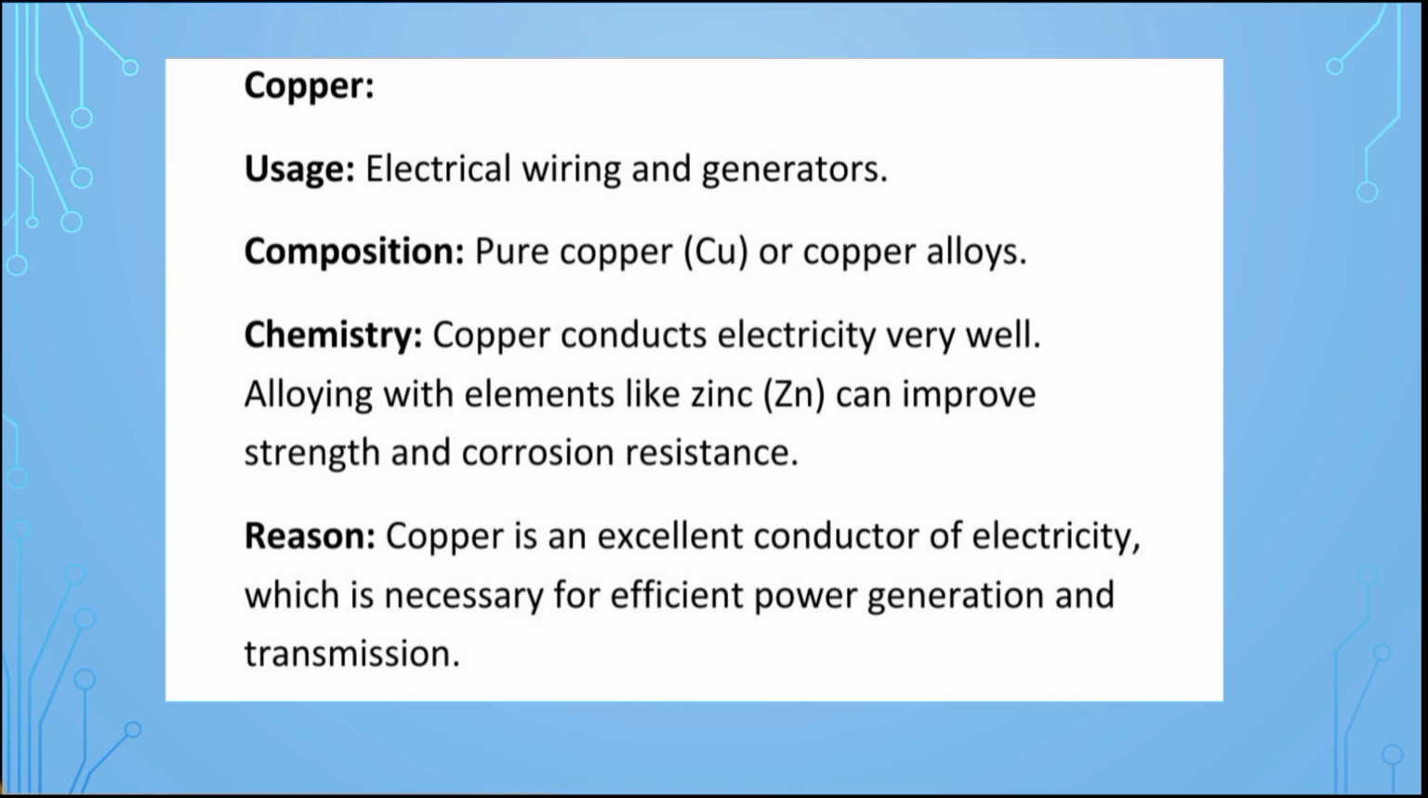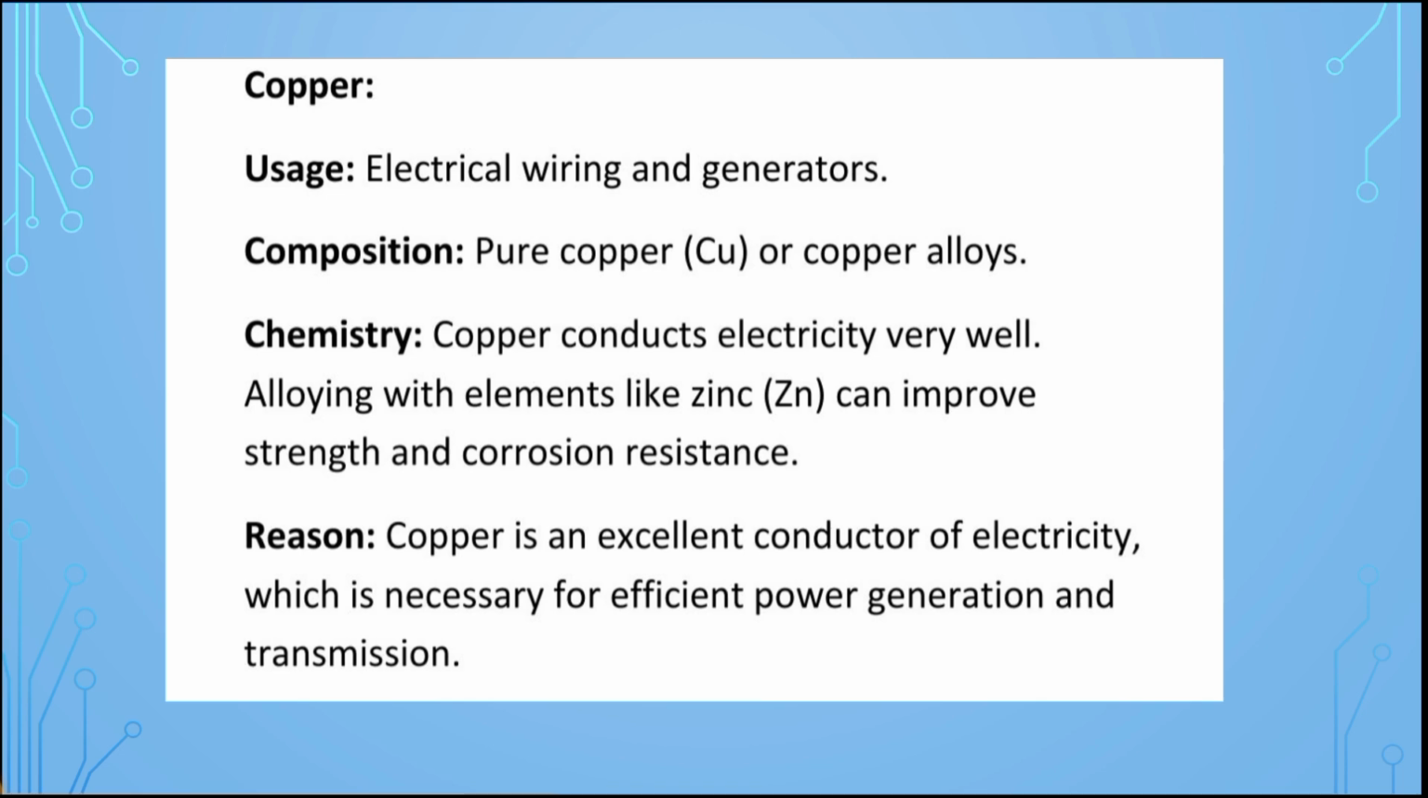The electrical wiring and generators of a wind turbine are mostly made of copper, and alloys of copper or pure copper are used in their manufacturing. As we know, copper is a good conductor of electricity, and elements like zinc that form alloys with copper can also improve the strength and help to provide resistance to corrosion. The conductivity of copper is very important and necessary for efficient power generation and